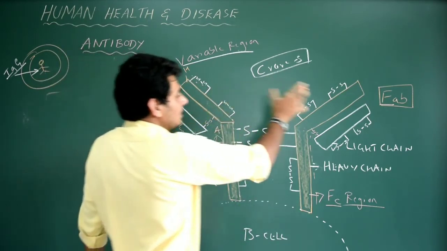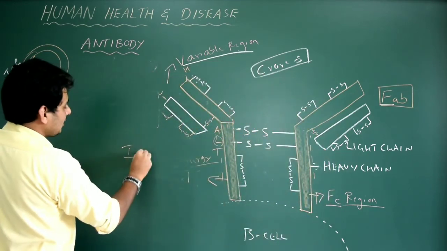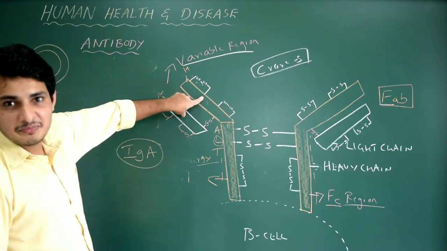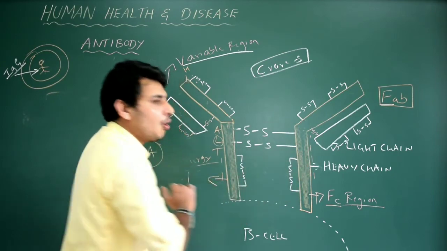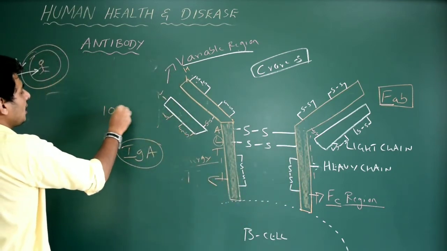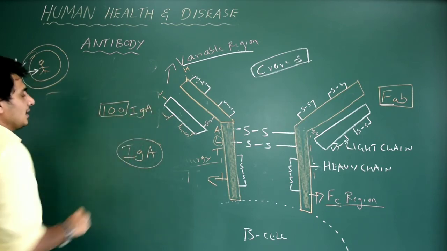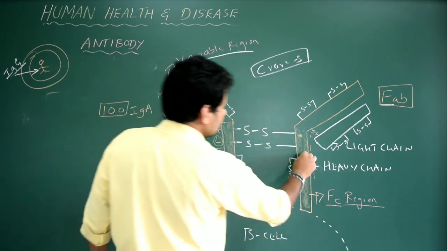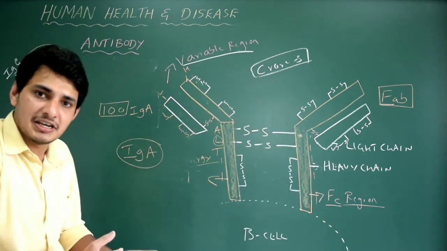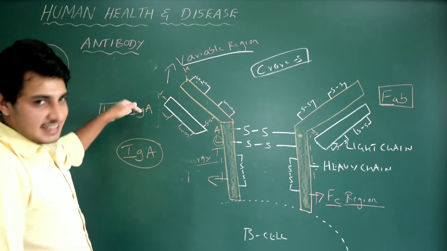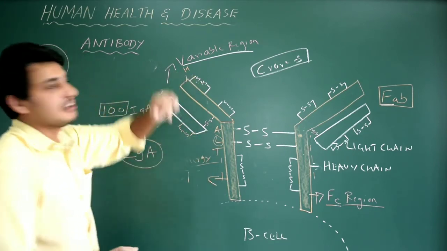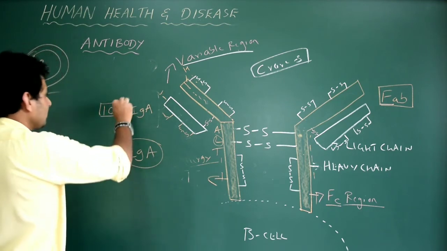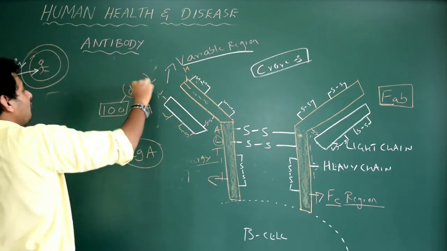But if I take only one antibody, that is immunoglobulin A, within immunoglobulin A the sequences vary. For example, this is constant for all the immunoglobulins. Let us take, I have got 100 IgA. The constant region of all 100 IgA is the same. Constant region is the same, that's what makes it IgA. But the same 100 IgA with the same constant region vary in the variable region, that is the amino acid sequences vary, making them diverse.